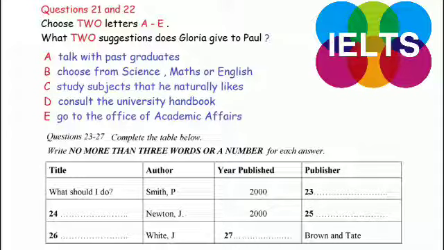Okay, ready? All right. The first book I found was What Should I Do? It was written by Paul Smith, and I believe it was published in 2000 by Smith Brothers. I think this was the best book I read, although Judy Newton's Choosing University Courses was also an excellent help for me. Can you remember what year that one was published? Let me see. Most of the books I read were published around the same year, 2000, I think. I can't remember who published it. I think it was Printers Limited. You'll have to check that one out yourself. No problem. This is just what I've been looking for. Anything else you could recommend?